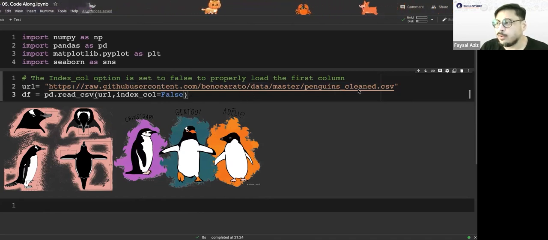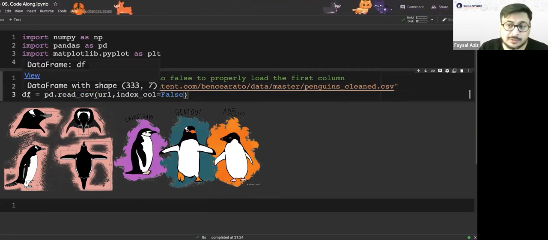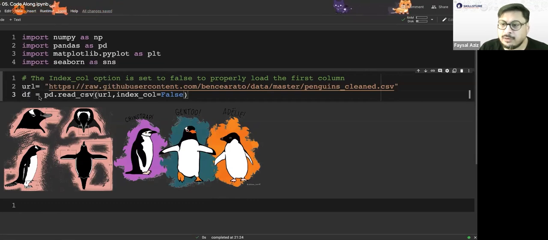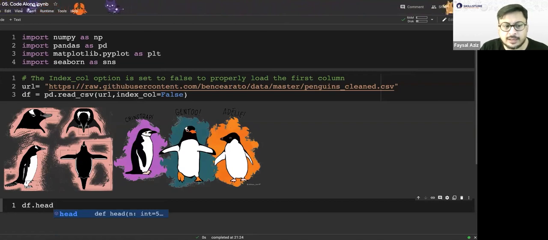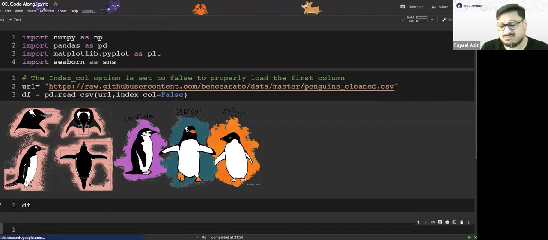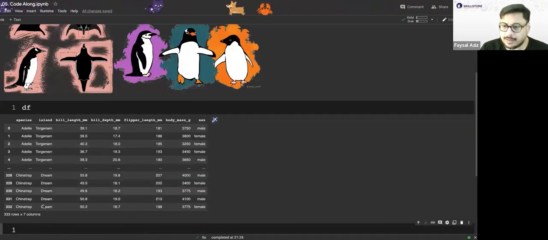This data is called penguinscreen.csv, a simple CSV file. I simply took that and put it into a data frame called DF. Remember, we just saw how easy it is to make a variable in Python. That's what I did. In this variable, I read this file. And if you want to take a look at it, it looks a bit like this. The data file dot head. Head will just show the top part of it. Or you know what, let's make life easier. Let's not write head, let's just write DF. So it shows the top and bottom.